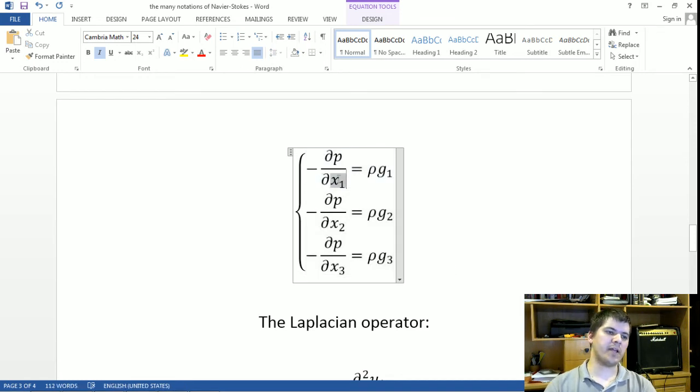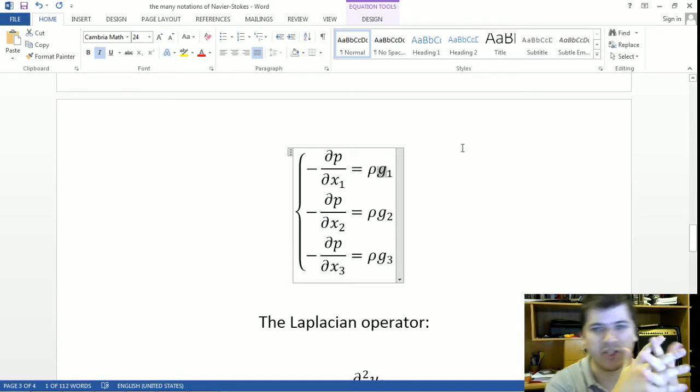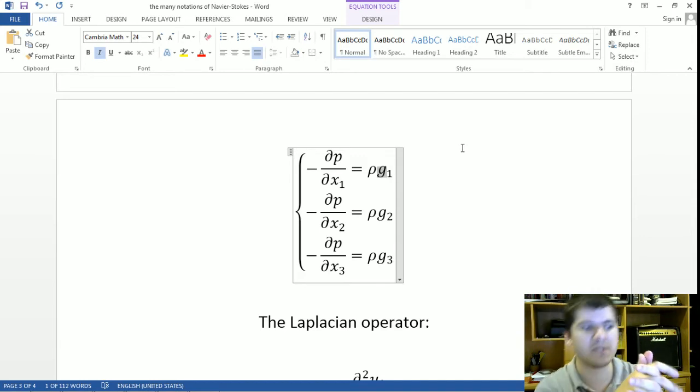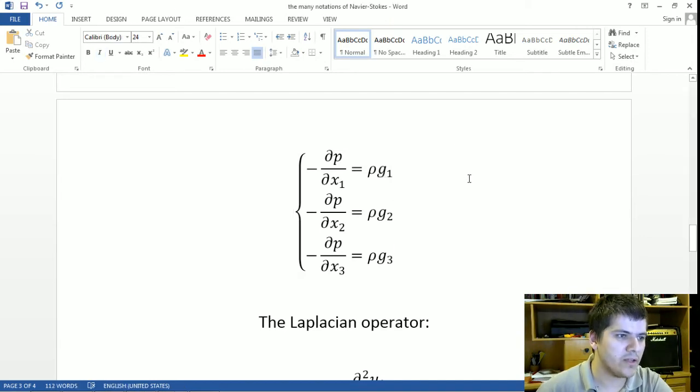Of course, you can substitute x subindex 1 for x, x2 for y, and x3 for z, and g1 to gx, g2 to gy, and g3 to gz. I think you've got the reasoning behind this notation at this point. Okay. So moving forward,